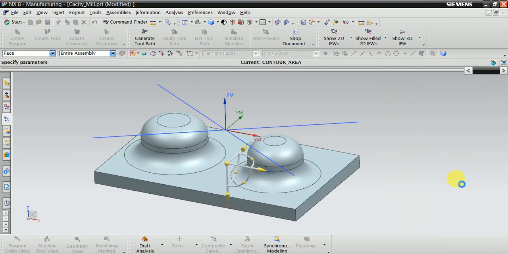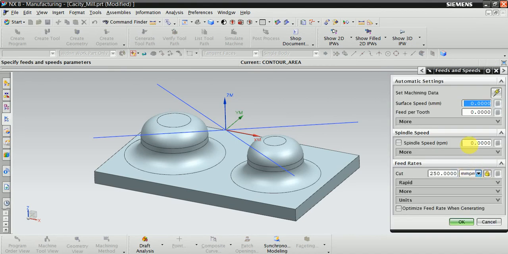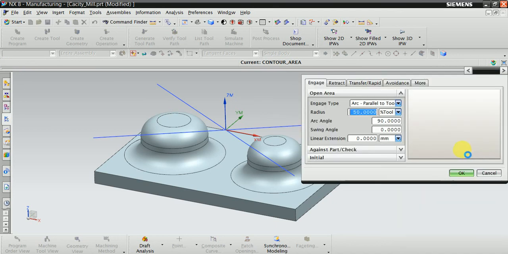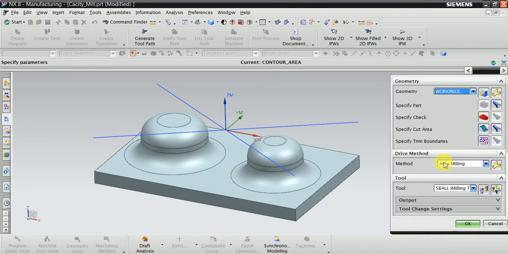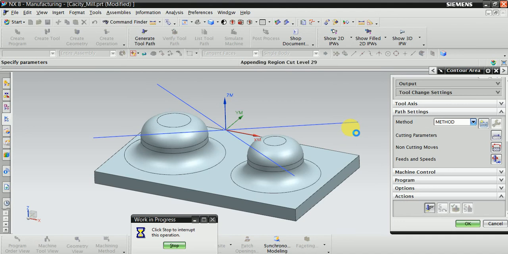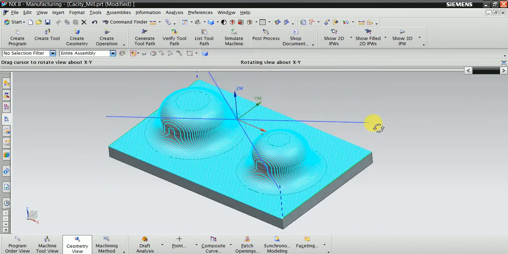Okay, okay, now generate the program. You can see here. Now this is our finishing part.